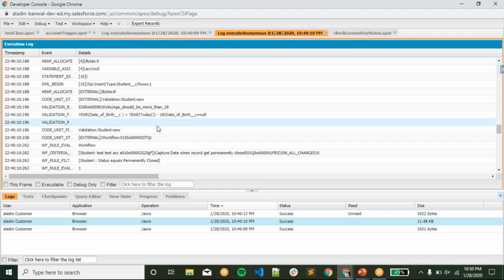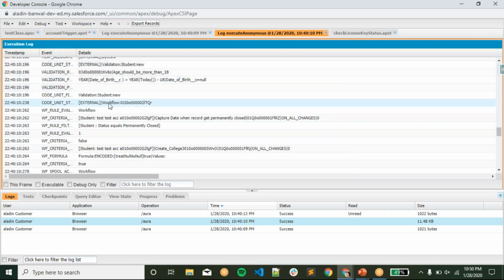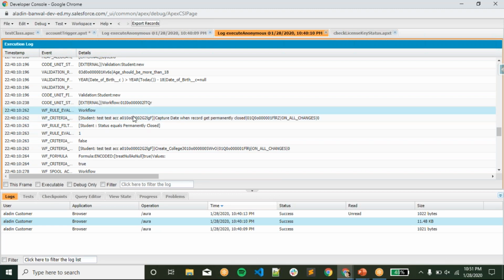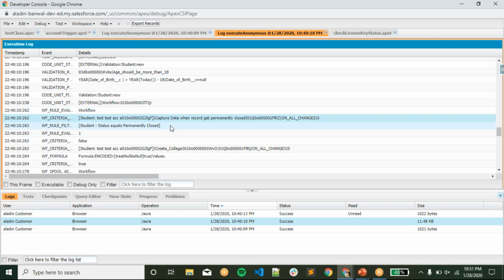There are some validation rules you can see over here in the debug log also. This captures the date when the record gets permanently closed. Maybe this is the workflow rule, like you can see over here, workflow, and we have created a workflow rule on this student object.